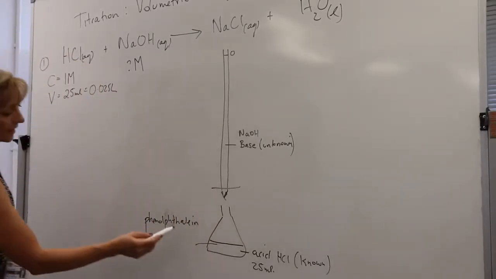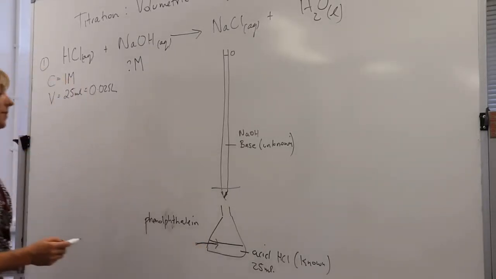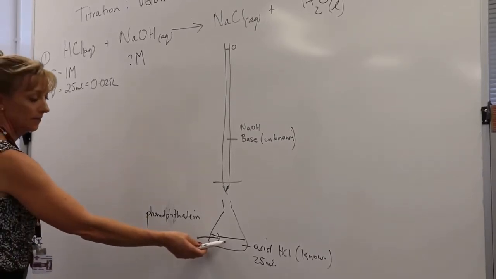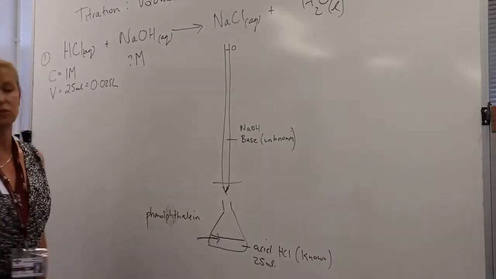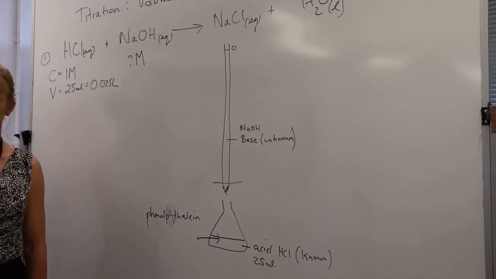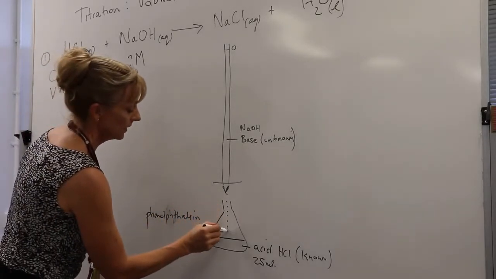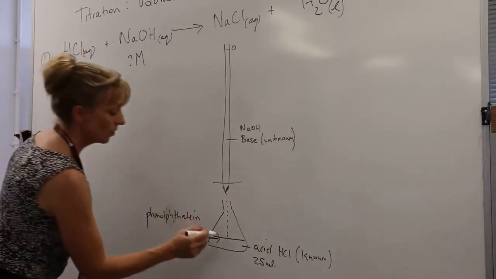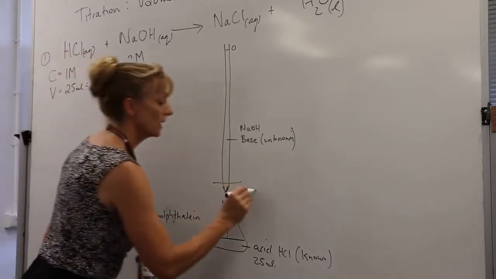Phenolphthalein indicator is an indicator that is good for an acid-base reaction. It starts off clear and turns pink when the base gets to the neutralization point. So it's the drop that you want to go the slightest pink, hence the white paper. So you drop it in, it's clear, clear, clear, you're swirling, swirling. The very drop that turns this pink is what's called the end point